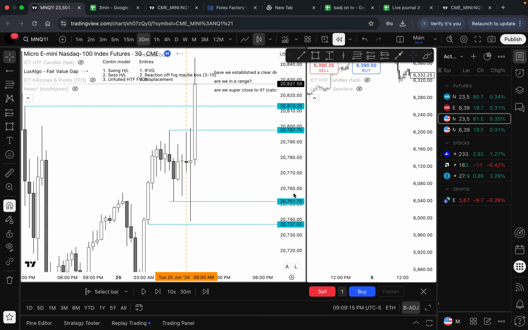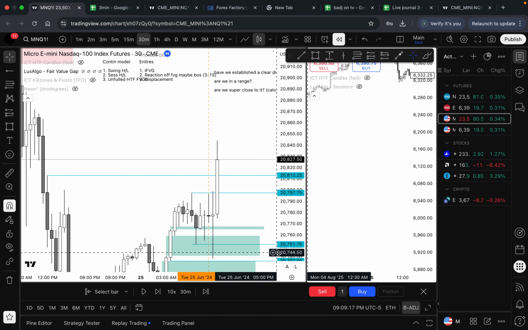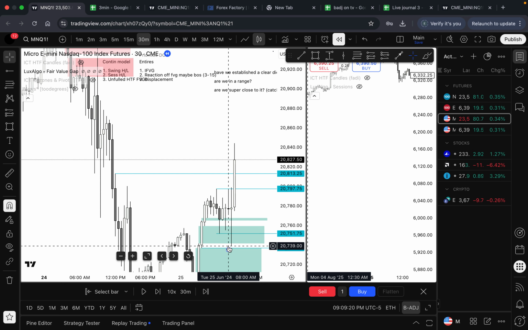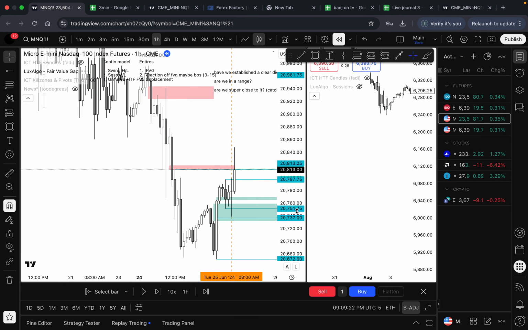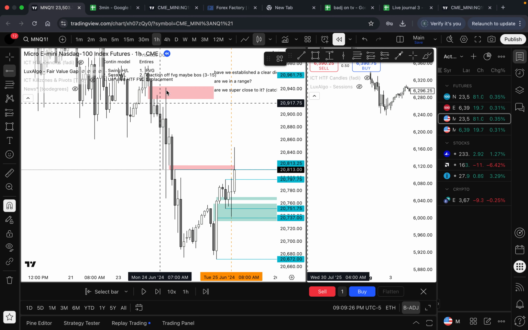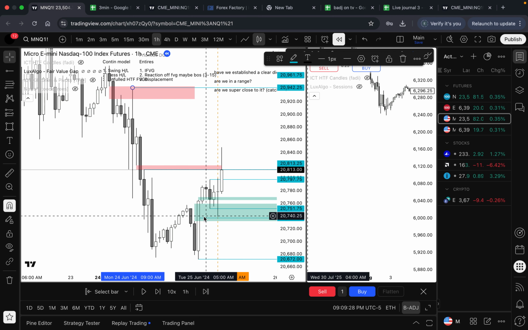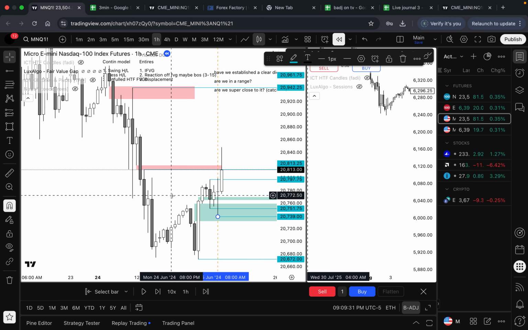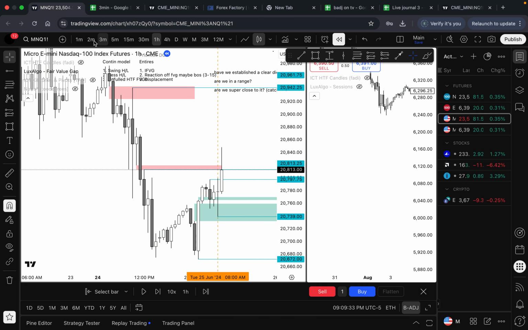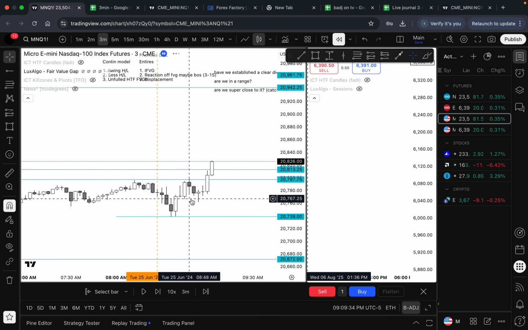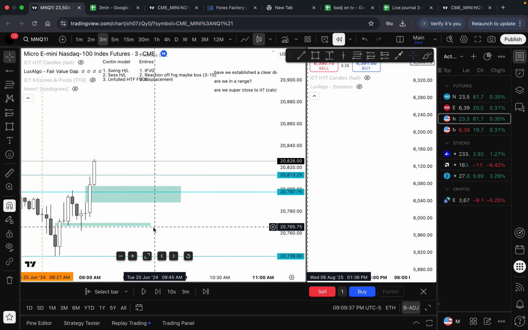I'm sorry, I'm gonna have to look on a higher time frame, and we're gonna see what draws there are. Honestly, there's like no other draws. I probably would have been done for the day, because the next draw is all the way up here. I really don't think we're gonna take it. If anything, this low looks more probable. So we'll just see how it goes.